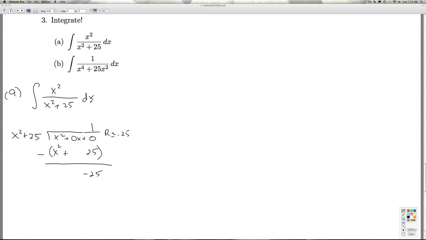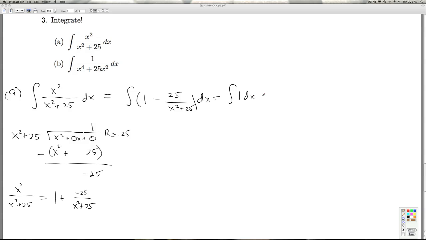That means I can rewrite this as an algebraic kind of mixed number. This goes in one entire time with the remainder of negative 25. So it's the remainder over the divisor, just like it is in regular arithmetic. That means this integral I can rewrite as the integral of 1 minus 25 over x squared plus 25 dx, which means I can break this up to the integral 1 dx minus 25 times the integral 1 over x squared plus 25